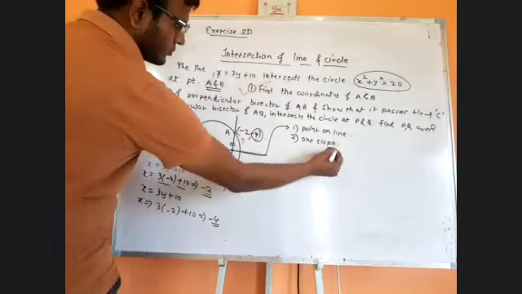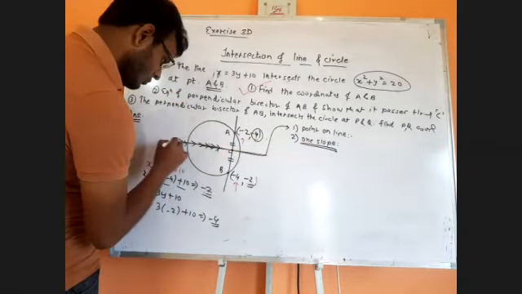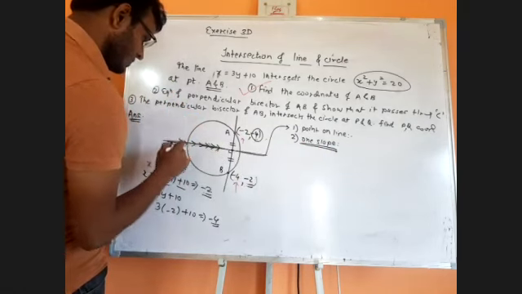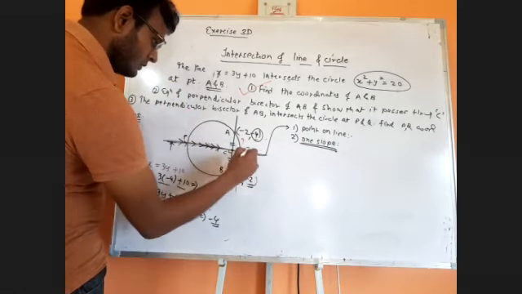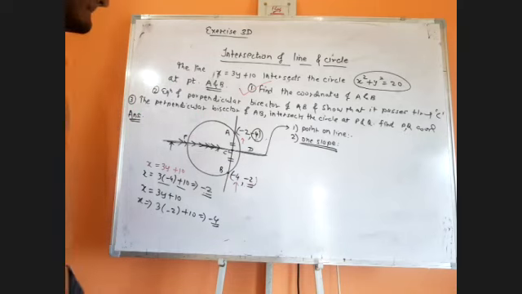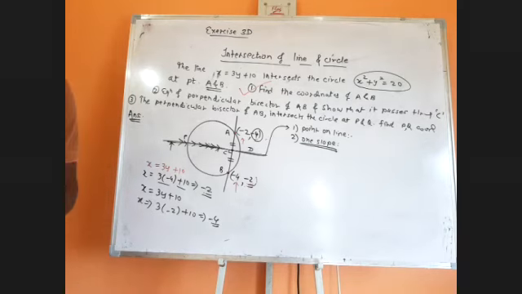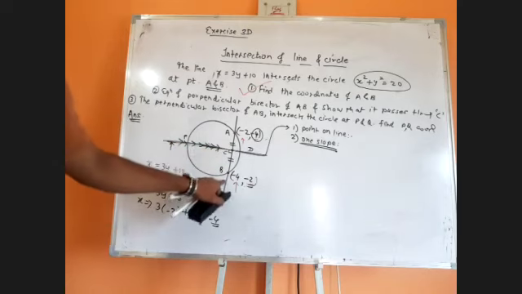And how will you get the slope of this? Can you just think and tell me how will you get the slope of this perpendicular bisector? I'll name it PCD. So how to get the slope of PCD? Think. To get it, if you know the slope of AB, it's perpendicular, no? m1 into m2 is equal to -1.